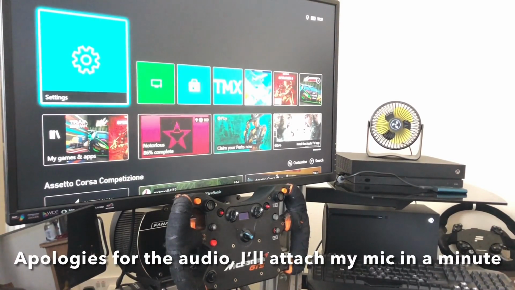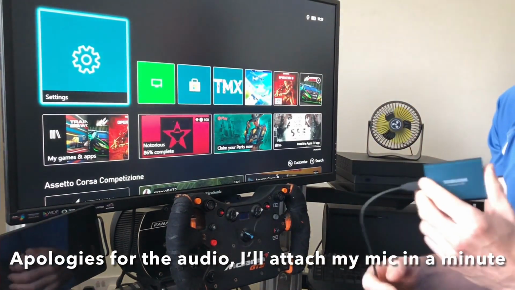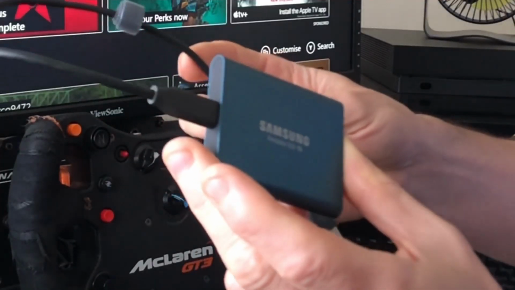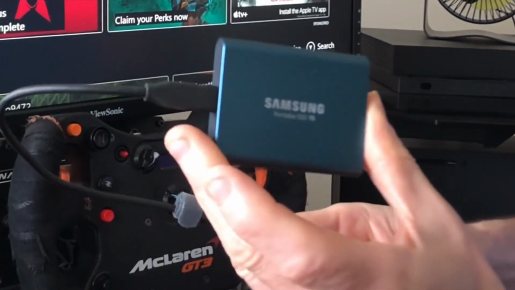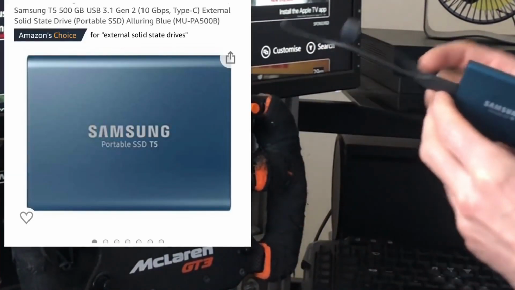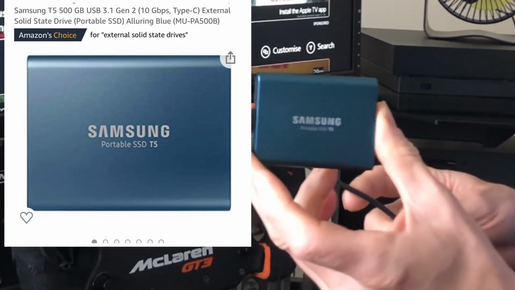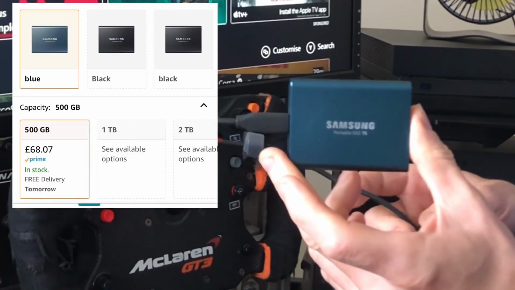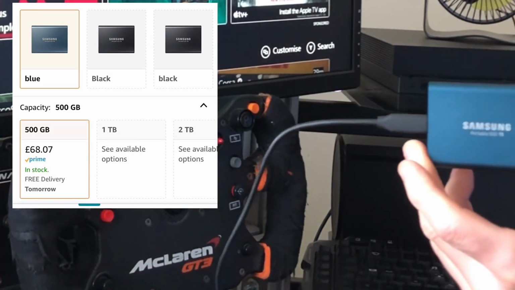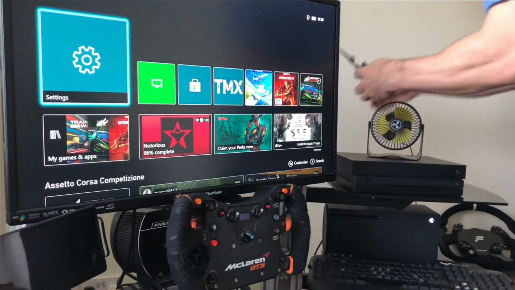As you can see, the Xbox is all powered up, and what we're going to be looking at is this Samsung SSD. It's a T5 3.1, and the issue that I'm getting with it. I want to use this as a capture device for when I'm filming stuff for my YouTube channel, which has worked perfectly using the Xbox One X, but when I plug it into the Series X,